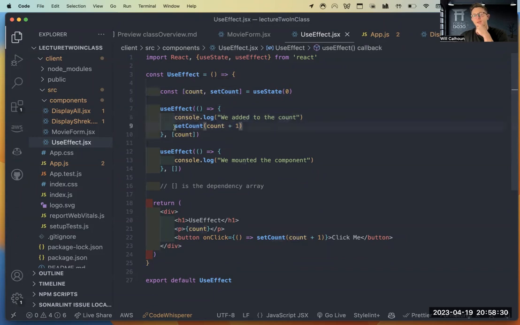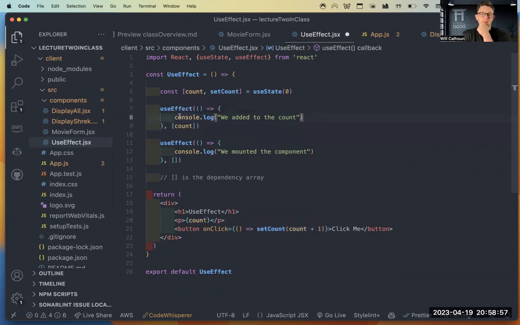Because this runs when count changes, when we run setCount, count changes up to 1. Then it goes up and runs the code again. Well, count changed again, so now we have to run it again, and it just keeps going. So never have the setter of your dependency within the same useEffect.